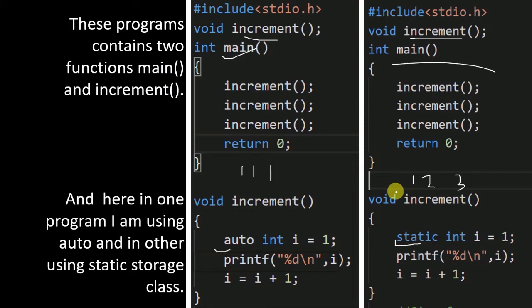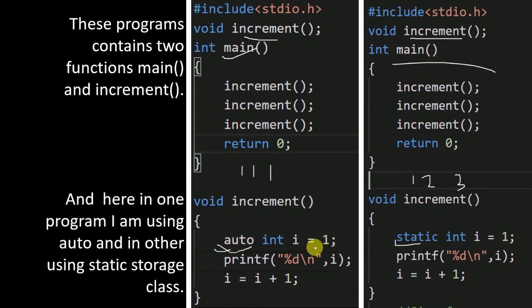In this program, the variable i is 0, and auto means it belongs to the storage class auto. Each time increment is called, it is reinitialized to 1, again and again.